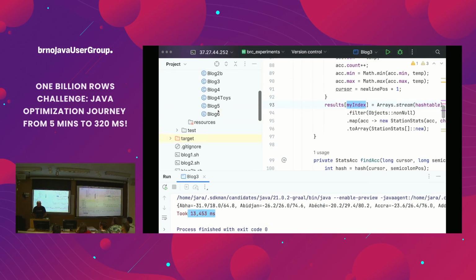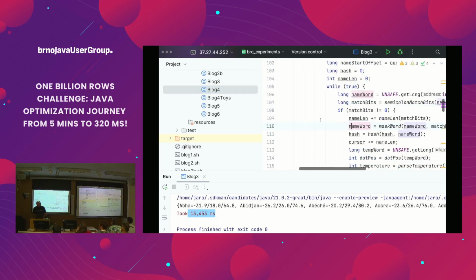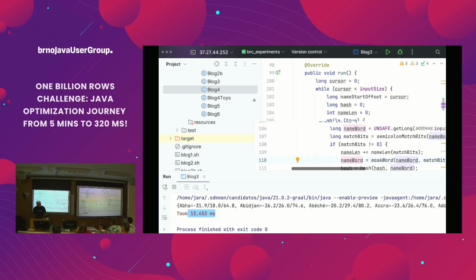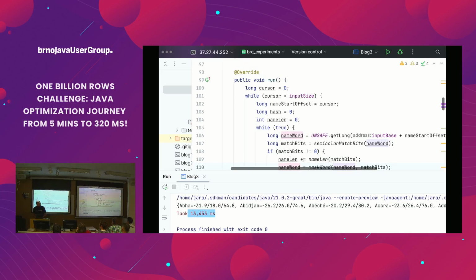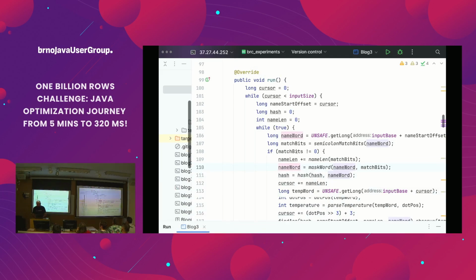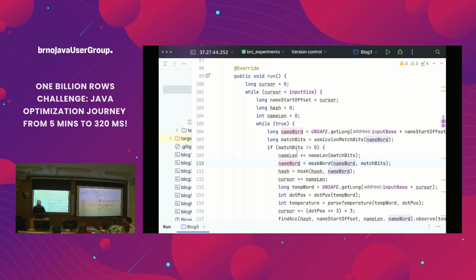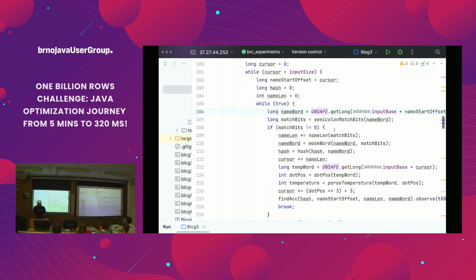And I said it's becoming tricky because here I have another iteration of this, and there are a few changes. One of them is I'm no longer using memory segment. Remember, memory segment is our fancy byte buffer, memory safe, everything. I eliminated that. One reason is that it has its memory safety, it has bounds checks, making it slow. So what I'm using basically is direct access via Unsafe. But that's not the interesting part.